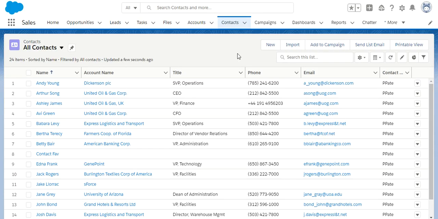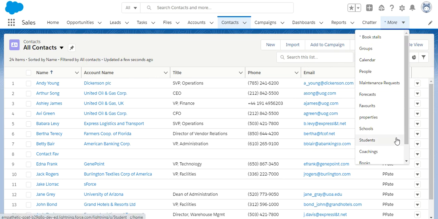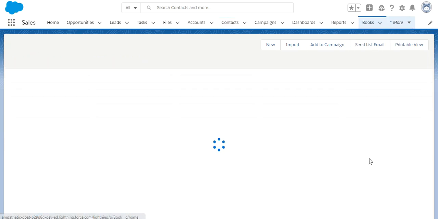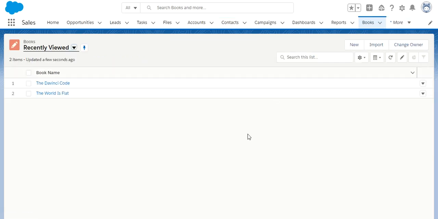So once again, I am in my org, and I have an object with the name contact, and I also have an object with the name book. I want to build the many to many relationship between the contact and books. It means one contact can purchase many books, and one book can be purchased by many contacts.